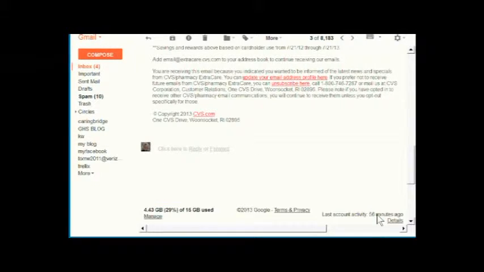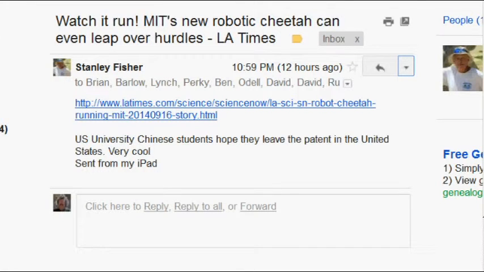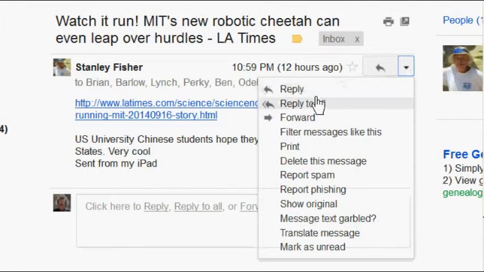which you do by clicking the waste can here. If the email you are replying to was sent to several people, you can send a reply to only the sender of the email by clicking this arrow as just described. But if you click more and then select reply to all,